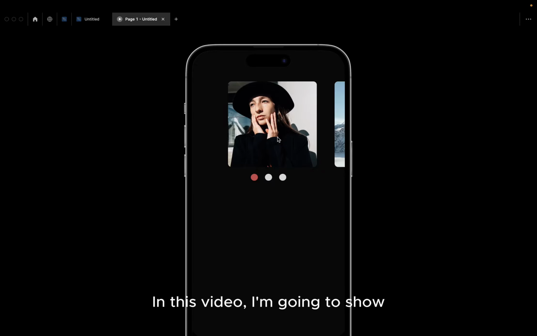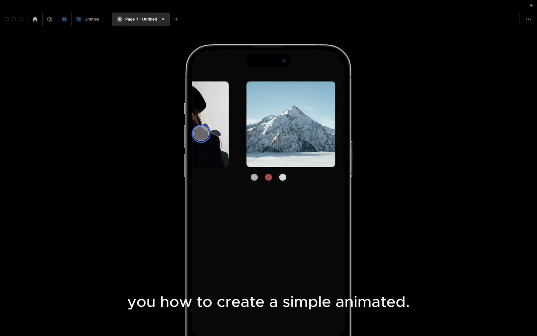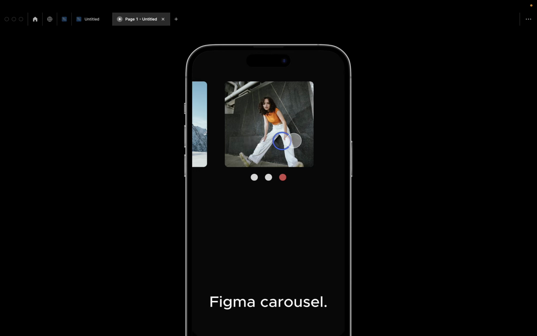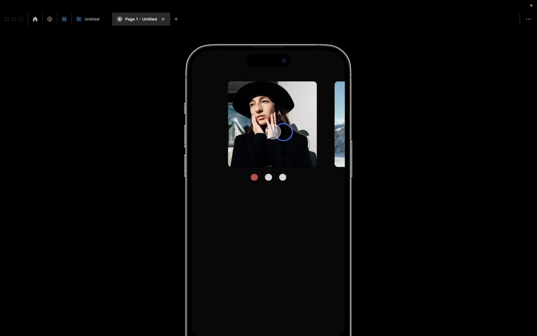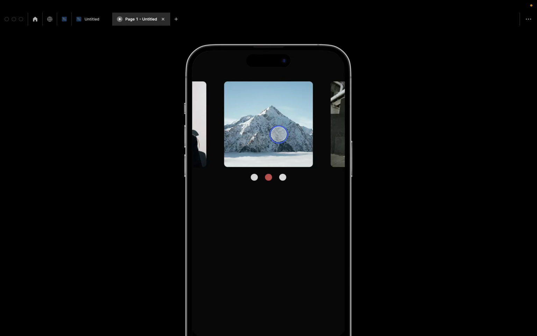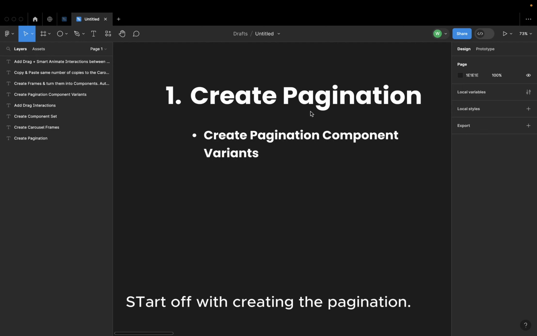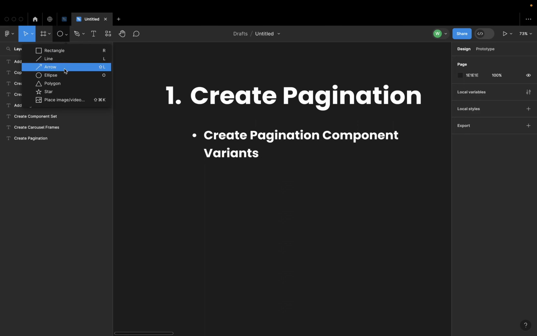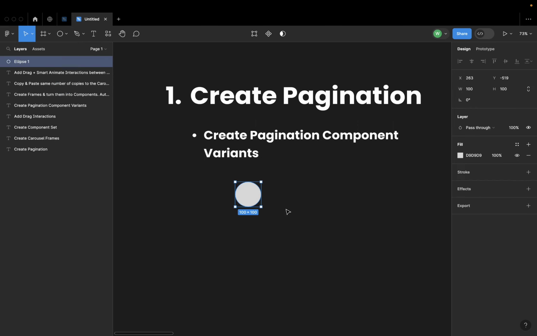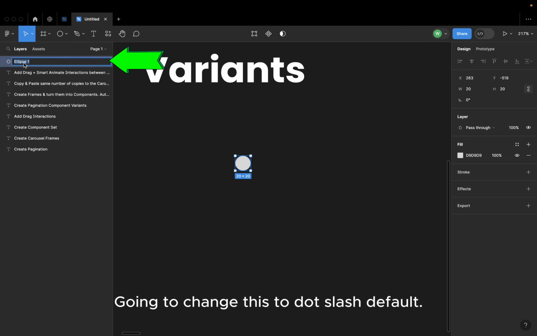Hi, in this video, I'm going to show you how to create a simple animated Figma carousel. Start off with creating the pagination. I'm going to use the ellipse tool. I'm going to select constrain proportions, between 20. I'm going to change this to